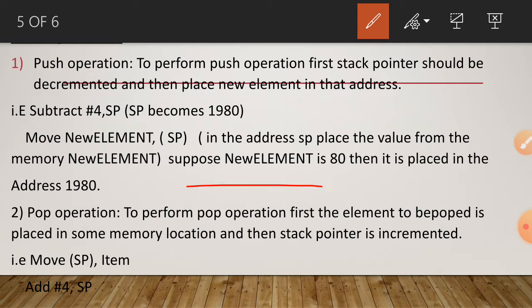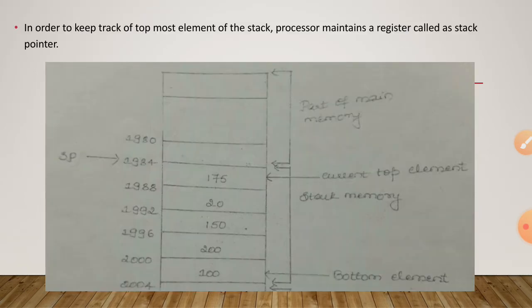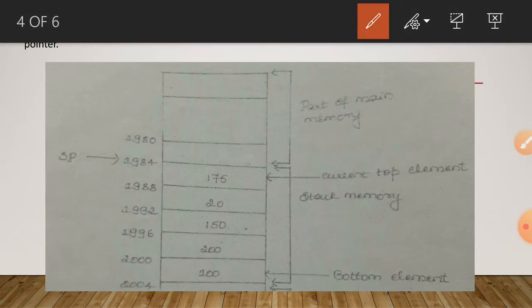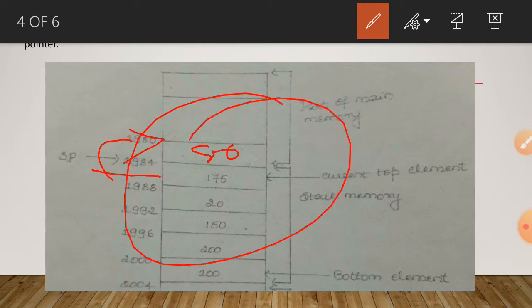So it takes 1980 means here we consider this address. Here the stack pointer is 1984. If we decrement by 4, it will point here to 1980, and 80 is inserted there. So consider this example. Okay,